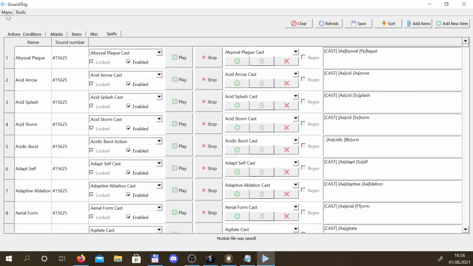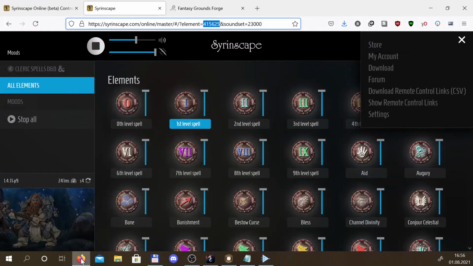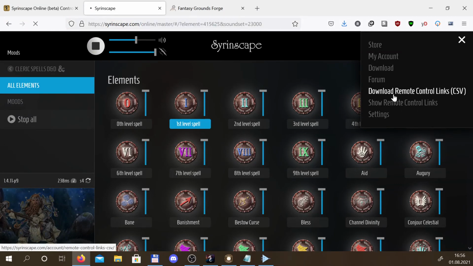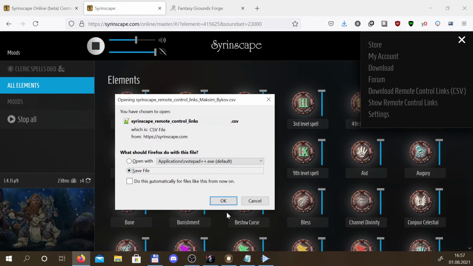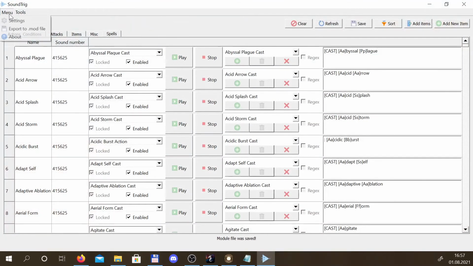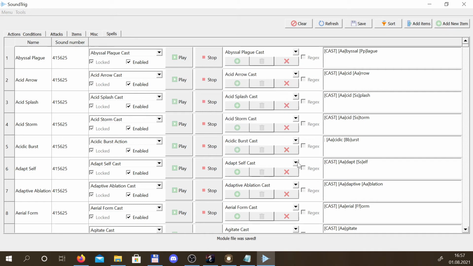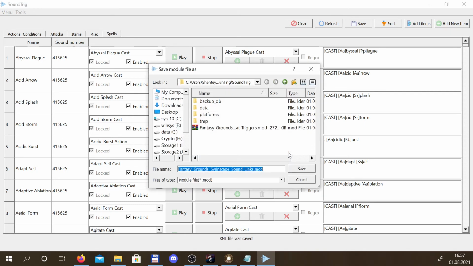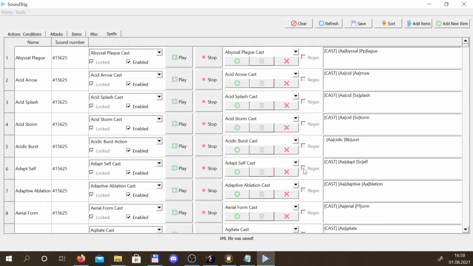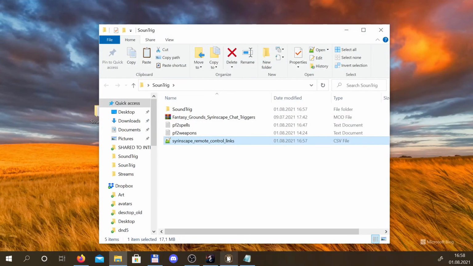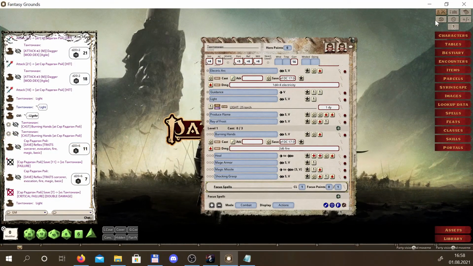Another thing the program can do is convert your Syrinscape Sound Links to a file. You can download them. Save. Okay, now you can just click Tools and convert this file to model. It asks to save as a model. Okay, everything is done. Now all you must do is close Fantasy Grounds